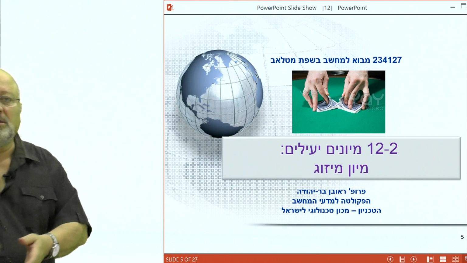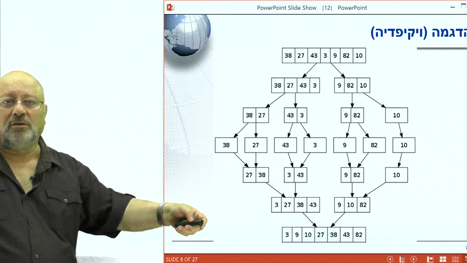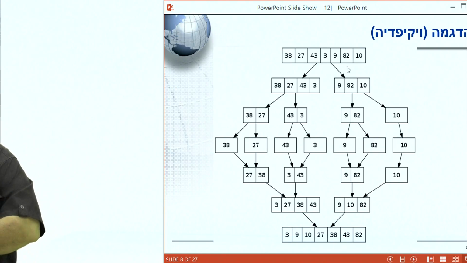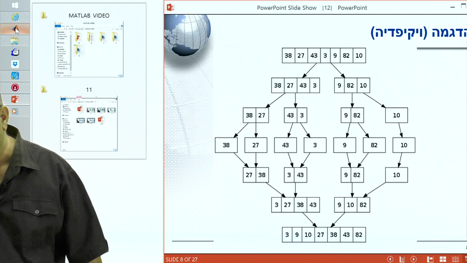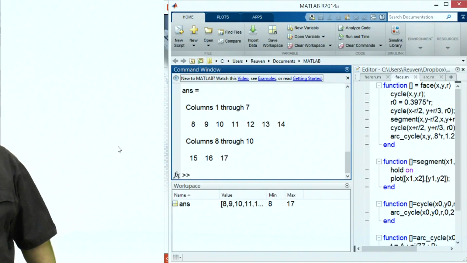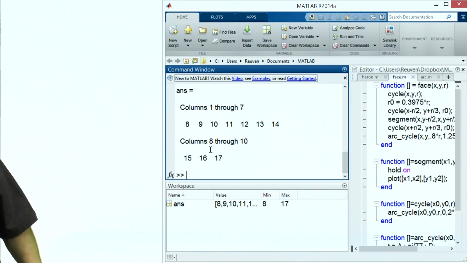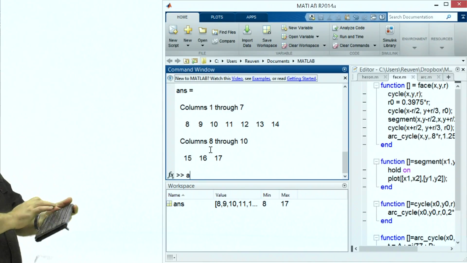I'm using this pointer, of course, that you all know how to use, in order to change slides. I can show other things like the environment of PowerPoint. So here is an environment of PowerPoint. And I can illustrate things about PowerPoint. For example, I can illustrate assigning into a